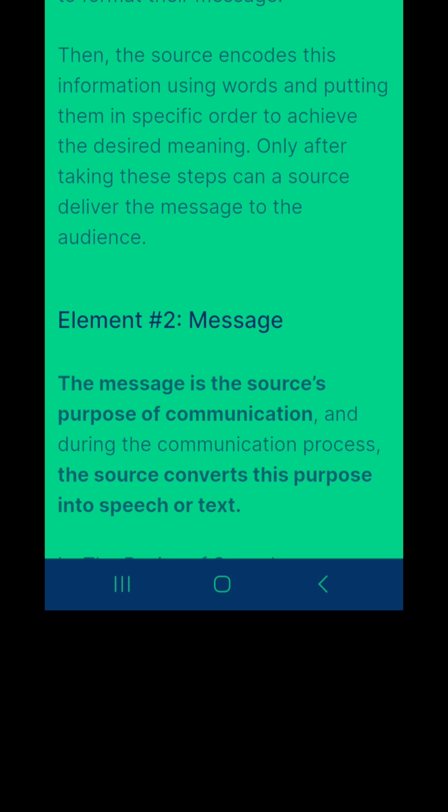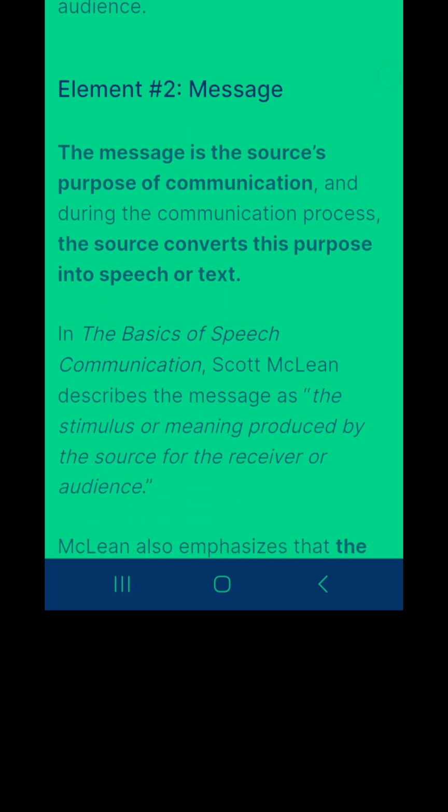So before speaking or writing, you have to decide what to convey and what format you want to give. A call by phone, or you want to write a WhatsApp message, or you are going to mail. It all depends on you, how you decide to deliver or send the message.